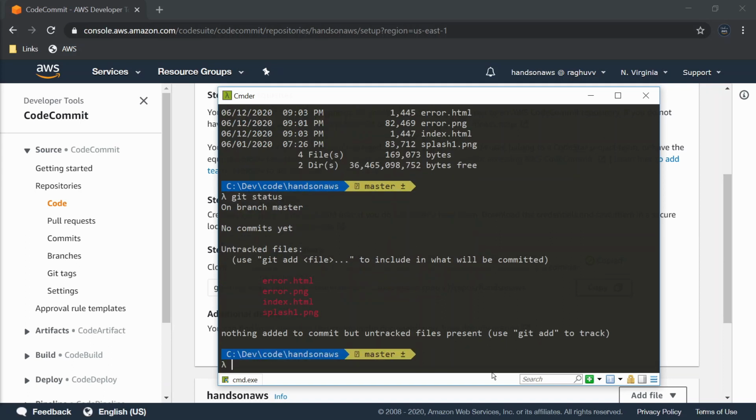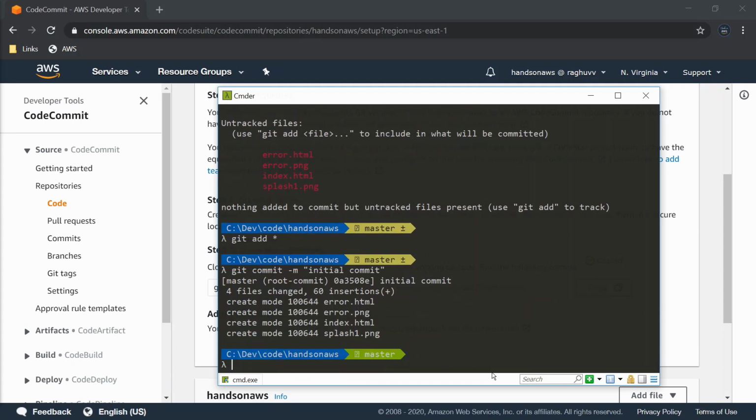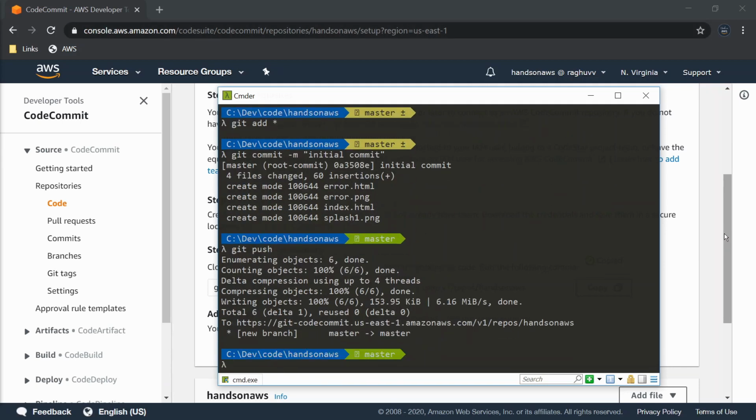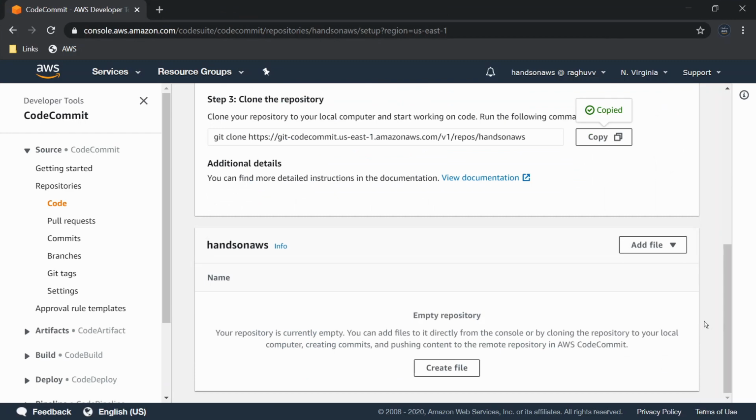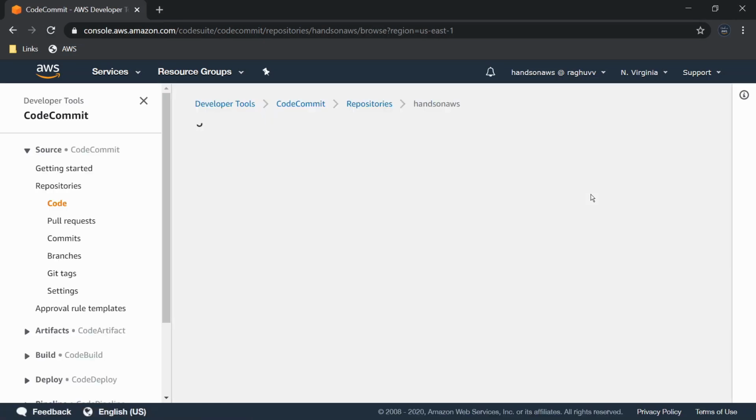And now git commit and git push. Hit refresh and you can see the newly uploaded code in CodeCommit. That's all we will do in this repository for now.